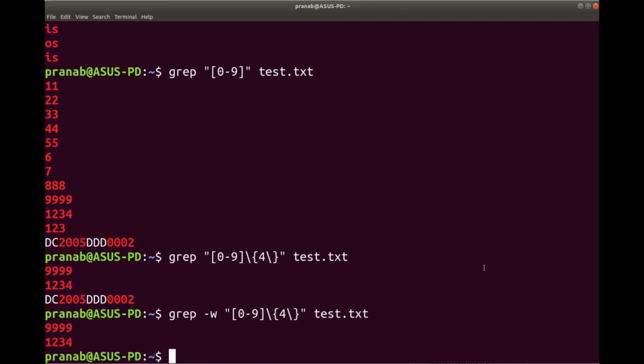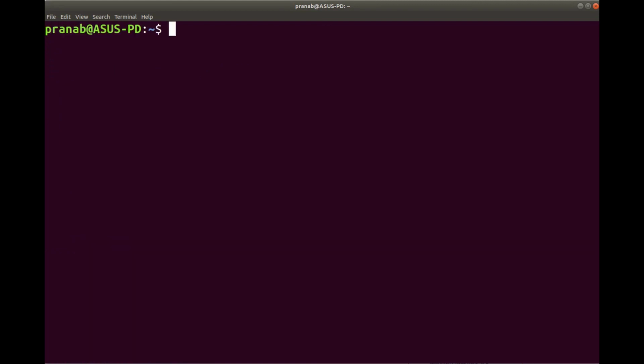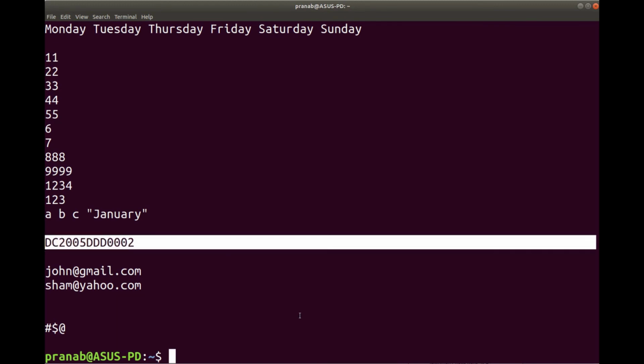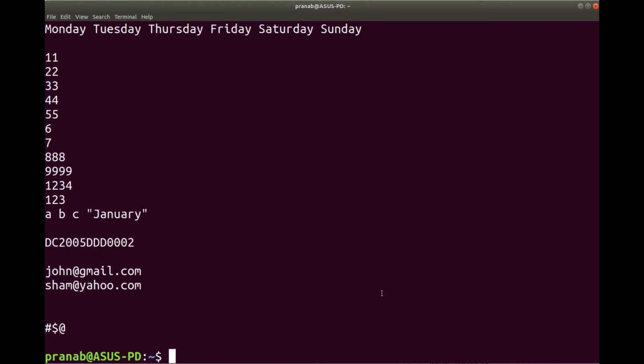Similarly, we can search for the pattern. If you see, there is a pattern in the file, this student ID, and if you want to search only the student ID, what we should do is write grep, then the pattern. Now the pattern in this case, the word starts with DC, then we have digits.